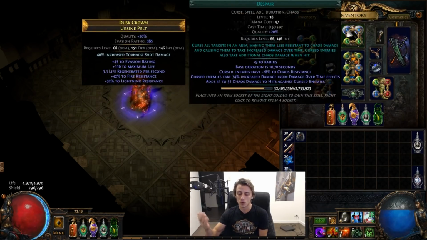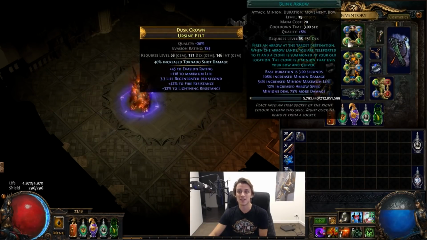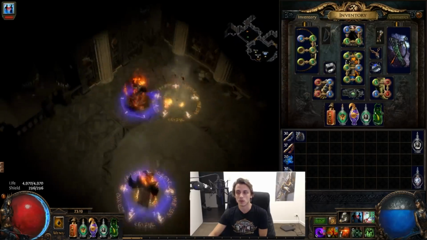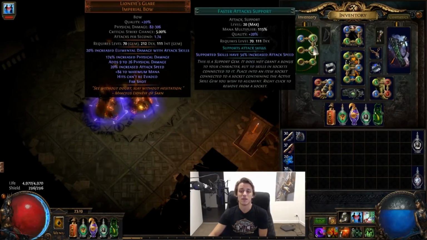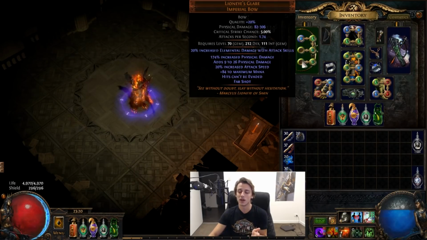The new curse we're currently running is Despair, so that got split from Vulnerability. Definitely best in slot curse for this sort of build, attached to Blasphemy. Running Blood Rage for Frenzies, a Blink Arrow just to, you know, travel. Got a Frenzy, faster attacks, and Power Charge on crit setup at the moment, and I will 5-link this bow